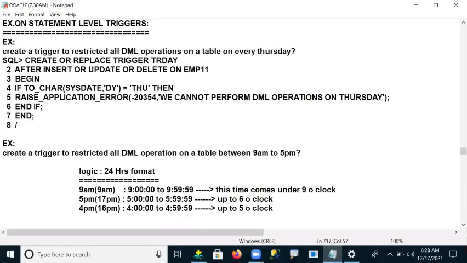Yes or no? If I'm taking 16, my condition is satisfied.